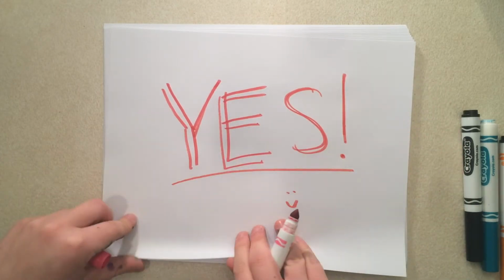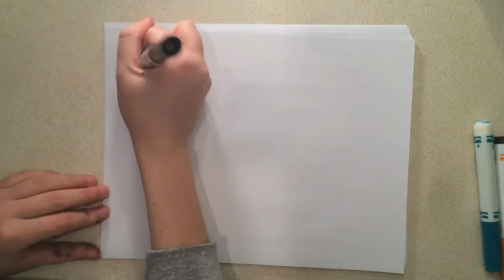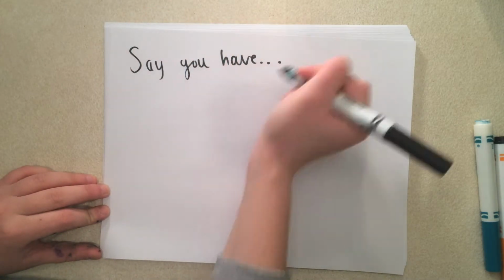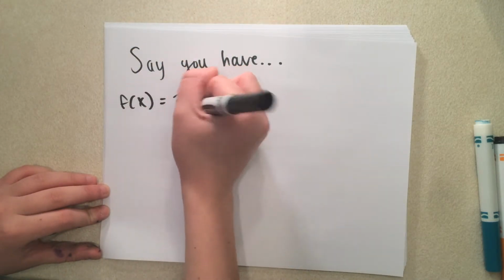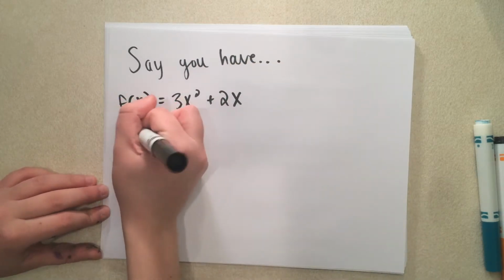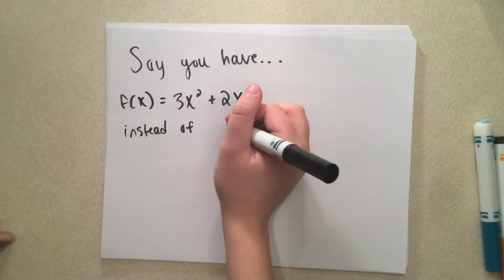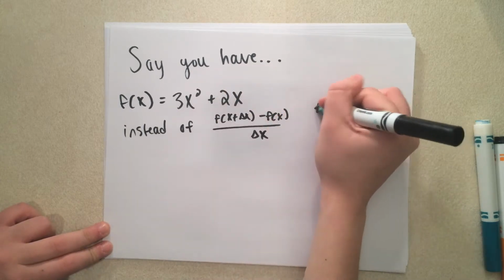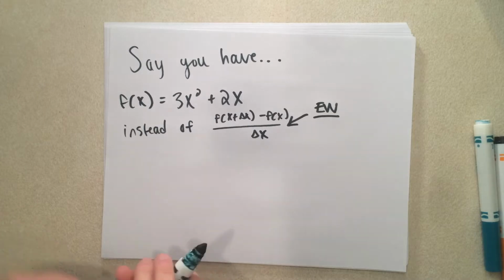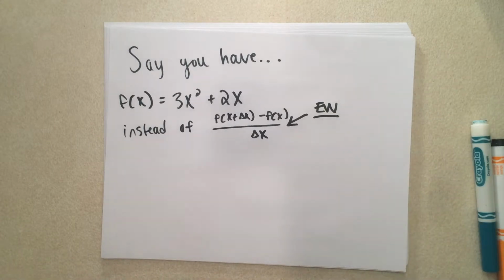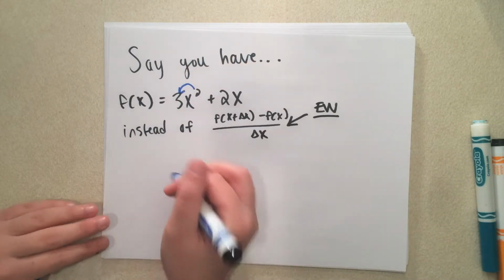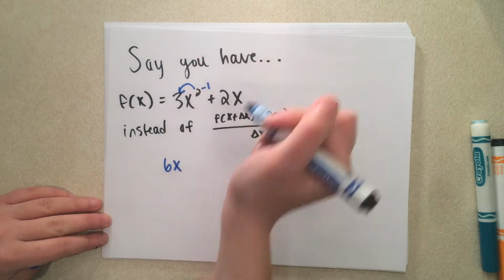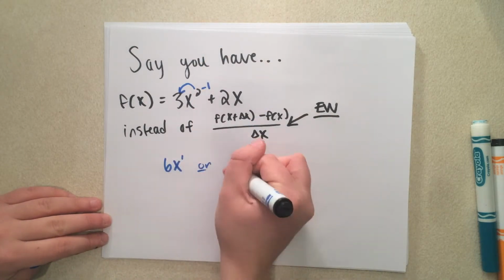And when you're solving a problem on a test, you're not going to want to go through all that because it just takes way too long. So, for example, if you have a function that is f of x equals 3x squared plus 2x, and instead of doing the whole formula that I explained before, f of x plus change in x minus f of x all over change in x, which is just painful and difficult sometimes to plug in values and completely understand, what you do is